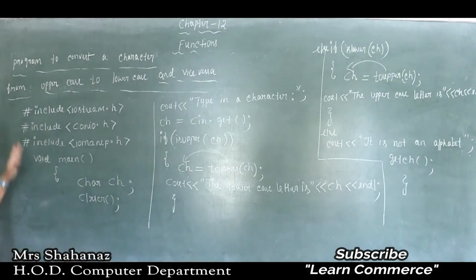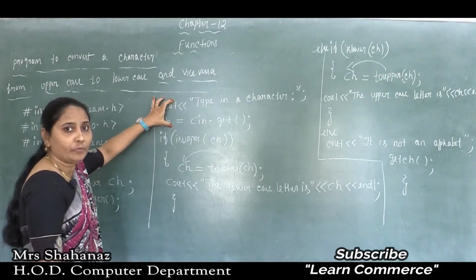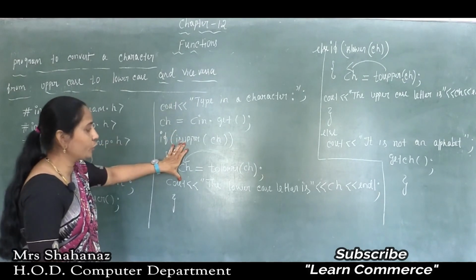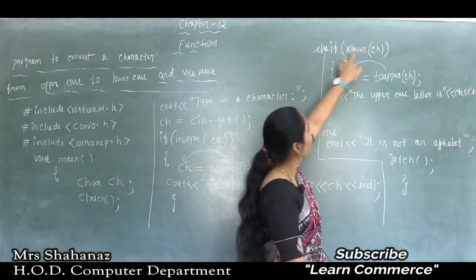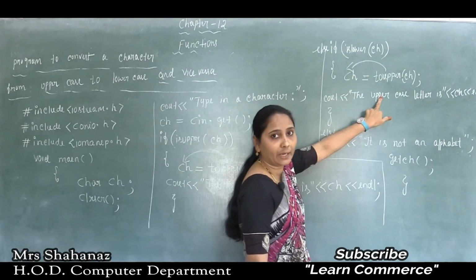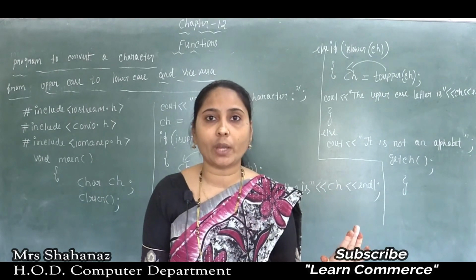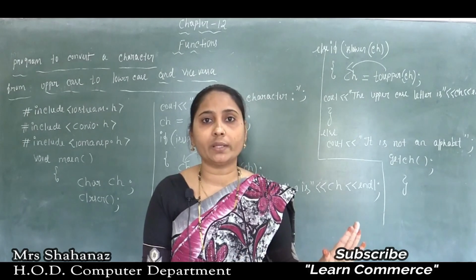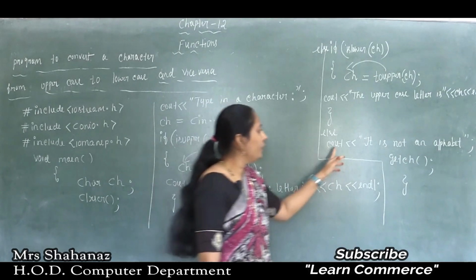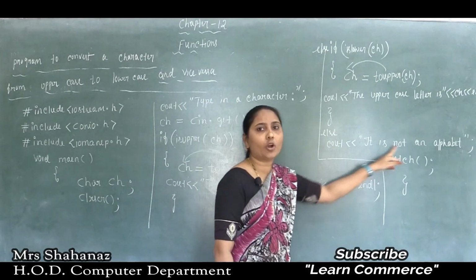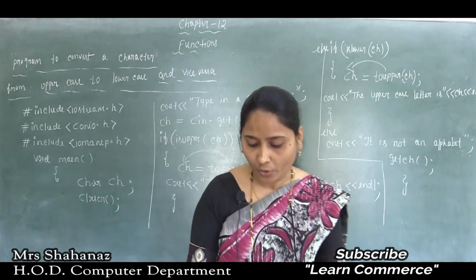Clear this point here? So as we know, the declaration is for inputting the character. We need this coding here, just to check: maybe a capital letter is going to convert to lowercase, or a lowercase is going to convert to a capital letter, or whatever character you input is not equal to capital letter A to Z or small letter A to Z, maybe plus, minus, any type of character. That means surely we need to display one more message: it is not an alphabet. Got it? Closing of the flower bracket. So clear the program now. So this is the program.